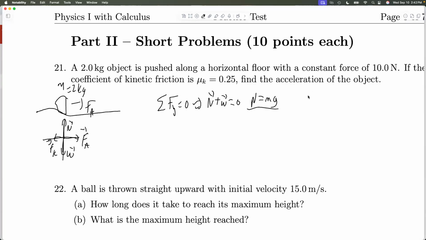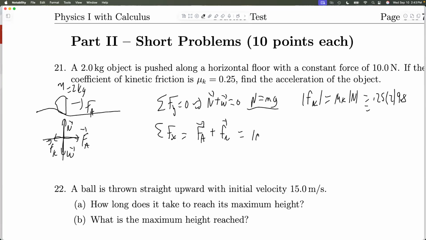We're going to need that because we know our frictional force in magnitude is mu k times the magnitude of N. So that would be 0.25 times 2 times 9.8. And I'll get the calculator out in a minute and figure that out. Okay, sum of the forces in the x direction, we'll be adding as vectors FA plus FK. And I know this is a negative because I can see that in my picture. All right, so that will be 10